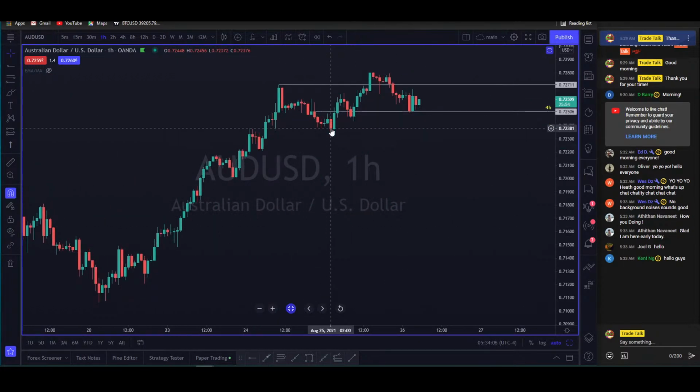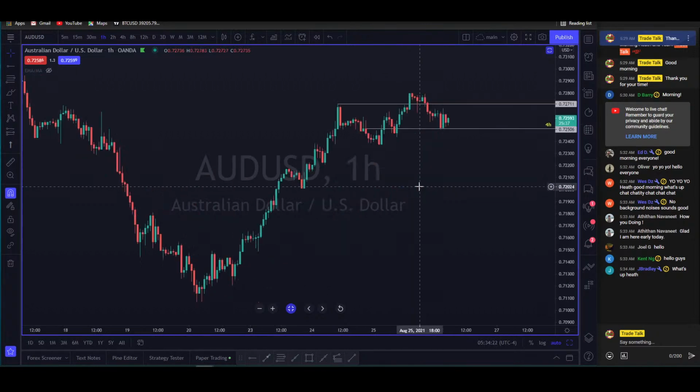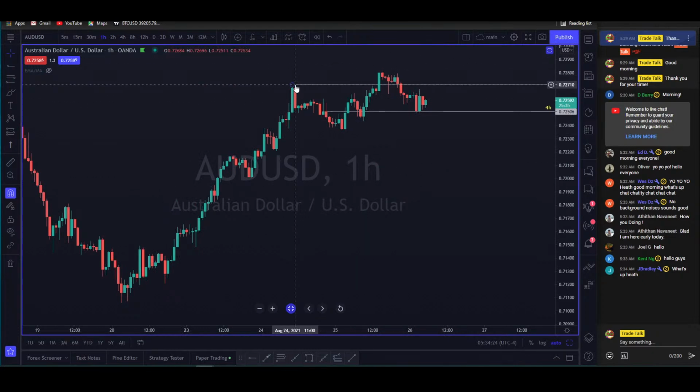Even though it did get a closure below hourly support, you can see that you had multiple closures below that level. So if people are looking to short, they're seeing this as a high, right, as the top. So they're looking for pullbacks to get short. So I was looking to target those stops, right?